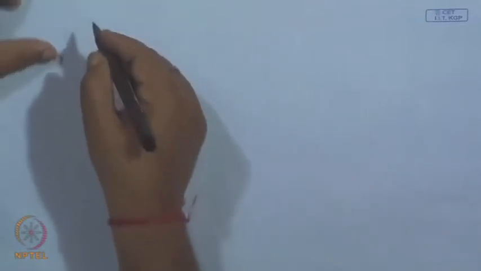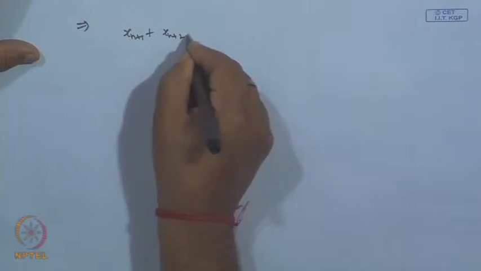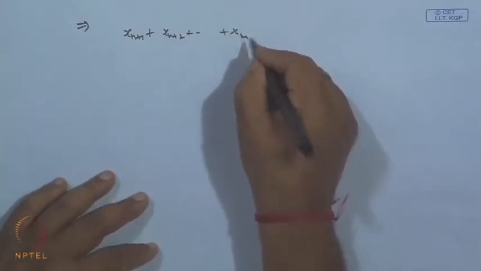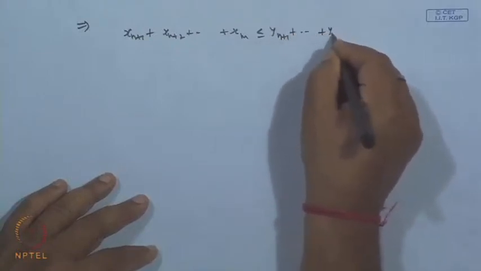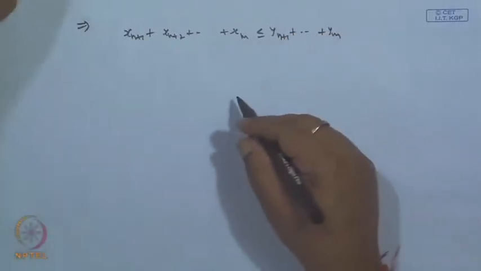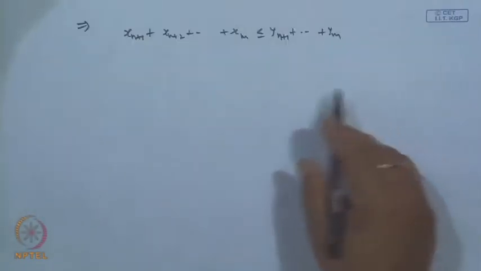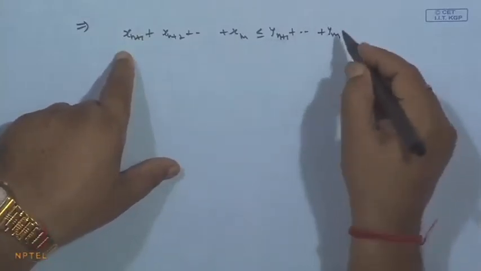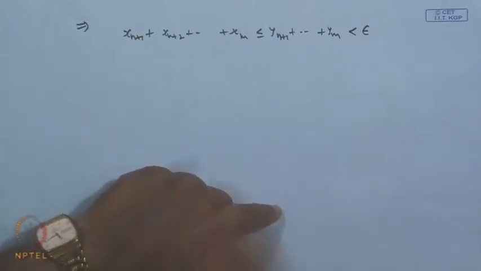This will imply that x_{n+1}, x_{n+2}, and so on up to, say, x_m, will remain less than y_{n+1}, y_{n+2}, ..., y_m, because x_n is less, because m is greater than the number. So, it satisfies both the conditions, okay. And then this will be less than epsilon. This is true for all m greater than